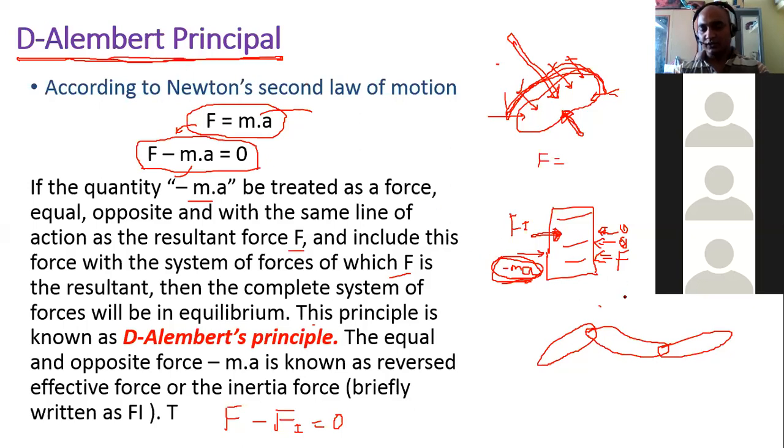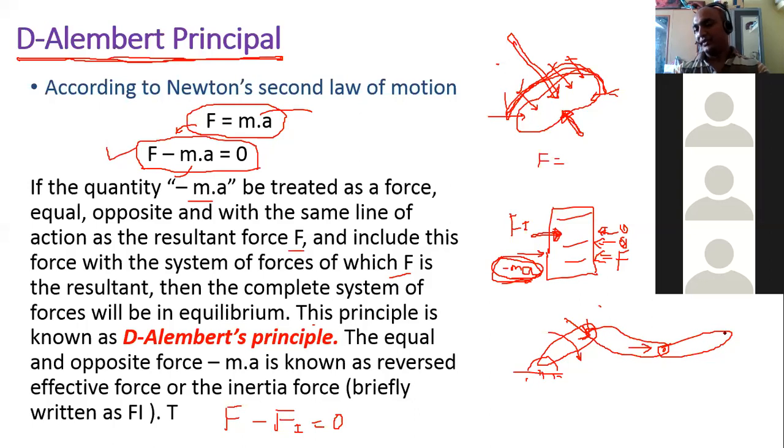So then how to find that, using this principle F equal to ma or F minus ma equal to 0. You can see, suppose this is the crank. When it is rotating, what will happen? This will exert a force on the pin of the second link. So some force will go here. Then again this link will apply force from the second link to third link. Again on this pin there will be force. In the same way, the force will be migrated along the links.